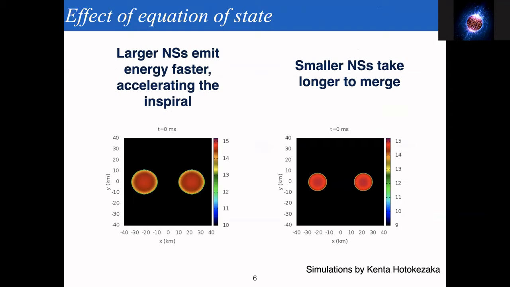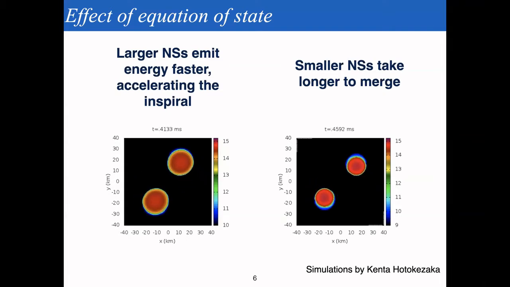And you can see that on the left and on the right, the neutron stars on the left are bigger than the neutron stars on the right. So the radius is larger on the left than the radius on the right. All right, and if I press go,